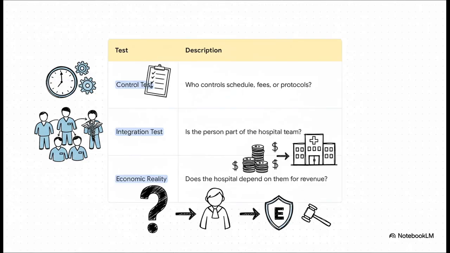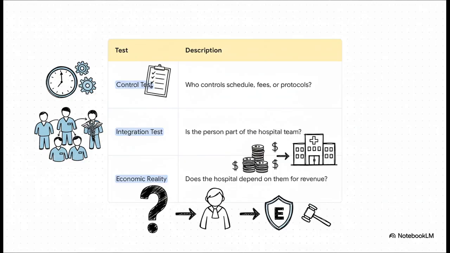So how do they do that? Well, they apply several tests. There's the control test, which asks who sets the hours, the fees, the protocols. Then you've got the integration test, which looks at whether this person is presented to the public as part of your team. And finally, the economic reality test asks if your business is fundamentally dependent on their work. If the answers to these point towards yes, they'll almost certainly be considered an employee for liability purposes, no matter